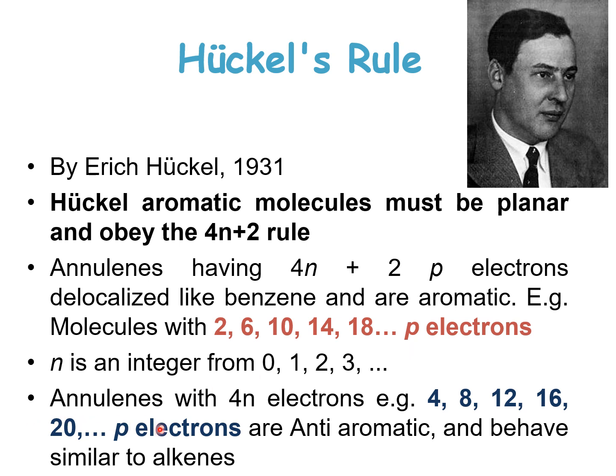Whereas annulenes which contain only 4n electrons, that is multiples of 4 electrons, 4, 8, 12, 16 or 20, are called anti-aromatic compounds and they behave like alkenes. Those compounds which possess 4n plus 2 pi electrons behave like benzene and they are called aromatic. There is also another terminology called non-aromatics, which is applicable to every other compound which is not aromatic, meaning which is not satisfying Hückel's rule. It will also cover anti-aromatic compounds because they are not aromatic.